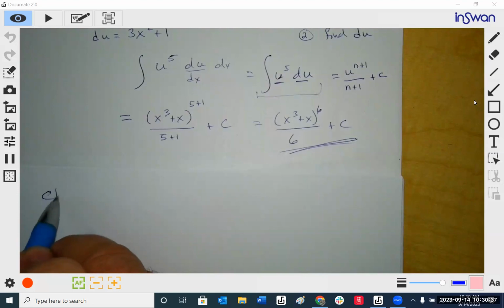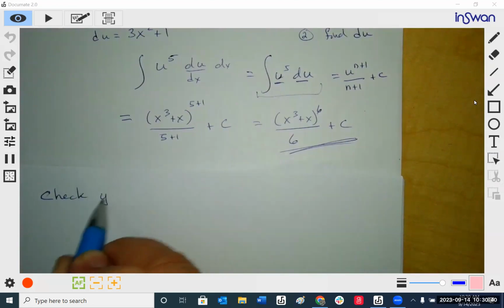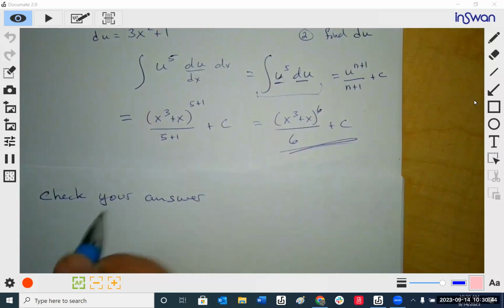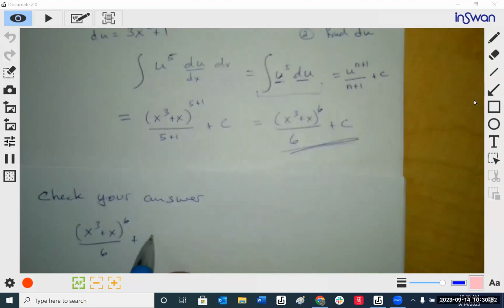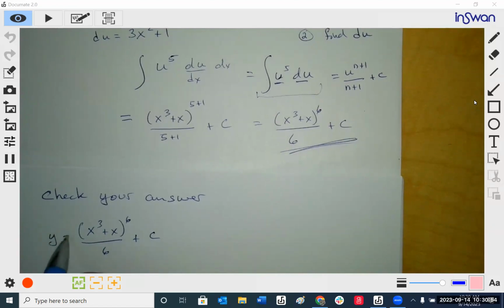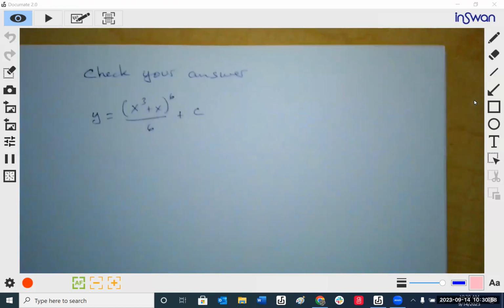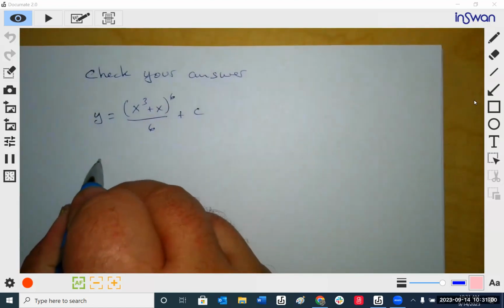Yeah. Check your answer. So we have x cubed plus x to the power 6 over 6 plus c. This is our function. If we take a derivative of it,